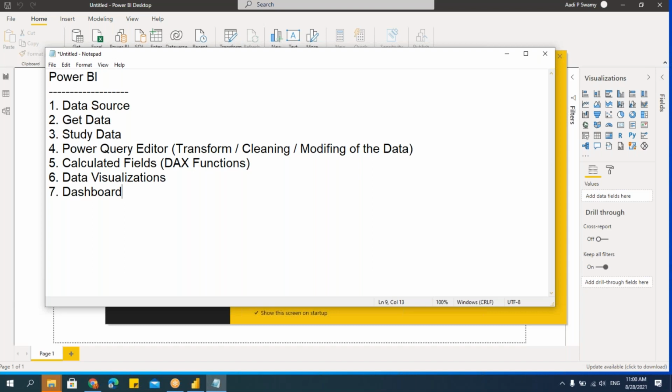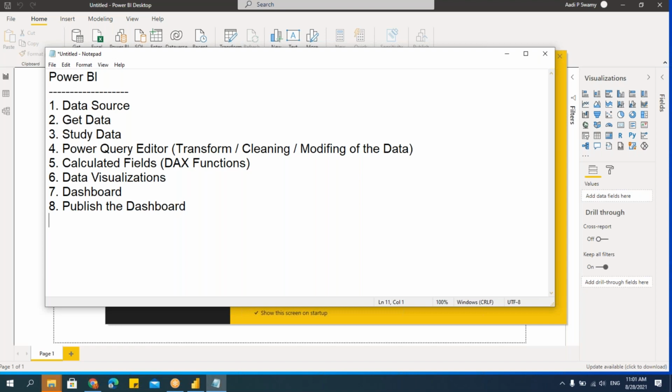I started writing the book. My book is completed. Now I need to publish it. So what I'll do, I will publish the dashboard. Here, we'll be working on Power BI service, that is Power BI Online.